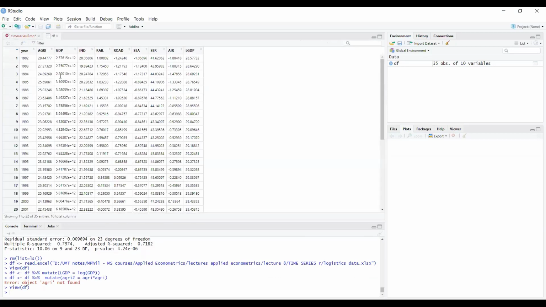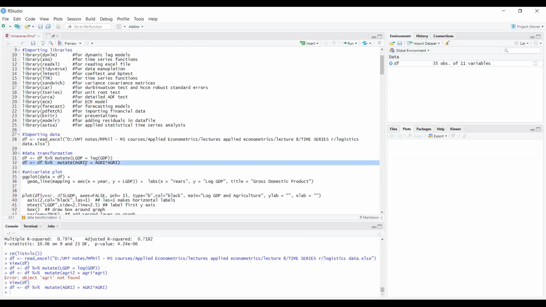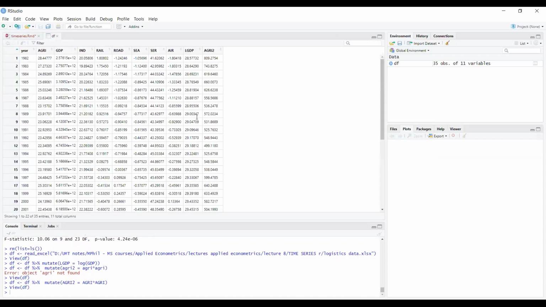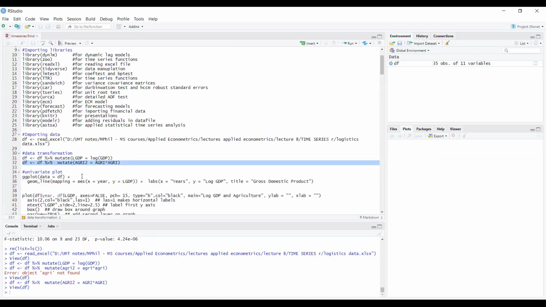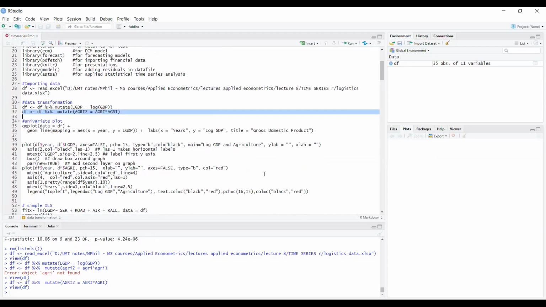So we will see what the spellings are. It's in capital, so we have to write it in capital, Agri. The errors are self-explanatory. By practice, you will remember the meaning of the errors, and then you will be able to correct them by reading the error name. So as you can see in the data file, there is log of GDP and agri square. This way you can add variables that you want to calculate in R. But there is one problem that we'll discuss later on. Second, if you need to make univariate plots.